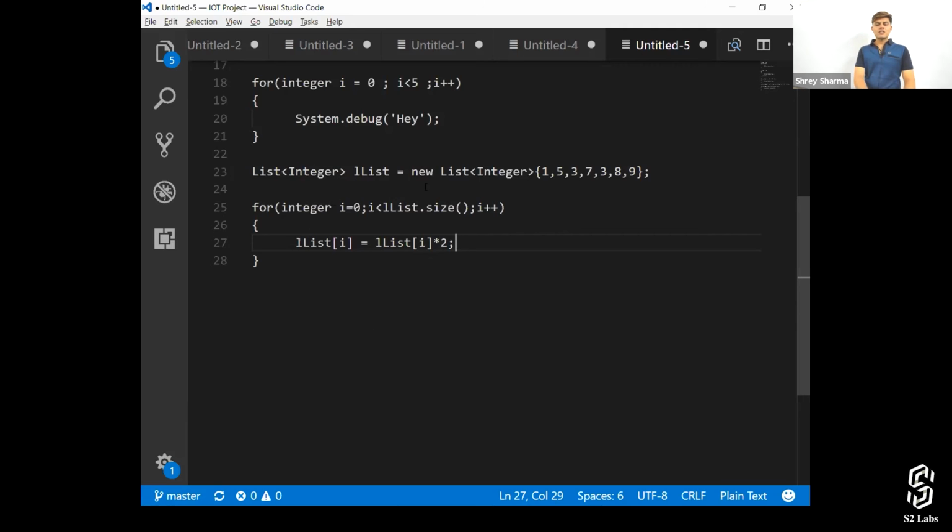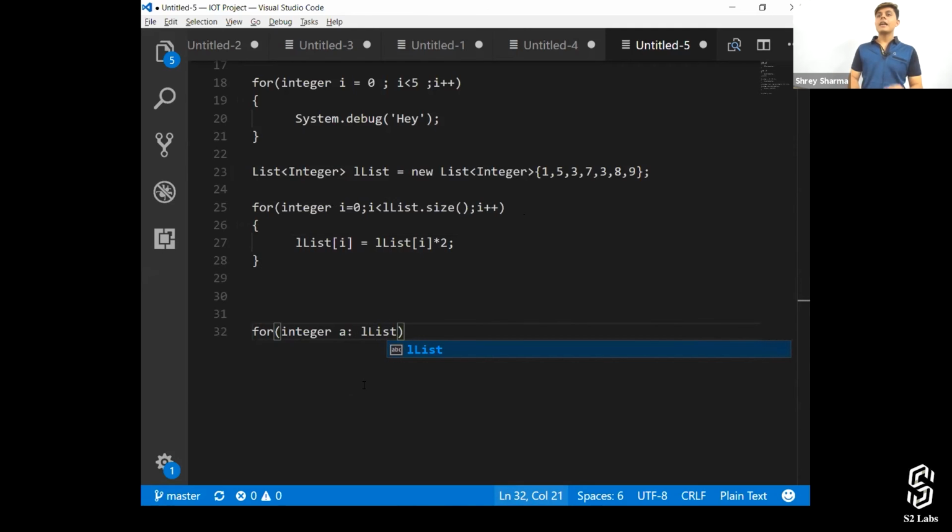But instead of writing this complete condition like this, there is another type of loop that we can use, which we call a for each loop, in which what happens is colon, and then write down the iterable collection. That can be a list or a set. Write down an iterable collection and perform whatever execution you want to. That's it. So what is happening? Let me explain it to you.